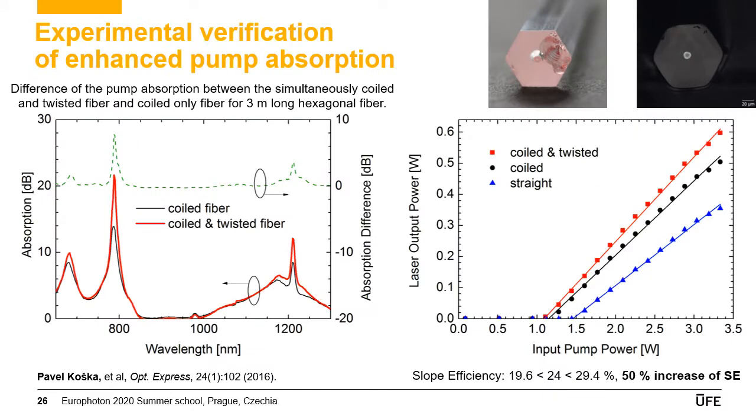We have experimentally verified enhancement of absorption in twisted hexagonal fiber doped with thulium. Here you can see the preform with hexagonal shape, and this is the drawn fiber with thulium doped core. We measured the pump absorption in coiled fiber. This is the black line here. And the pump absorption in simultaneously coiled and twisted fiber. And we got quite